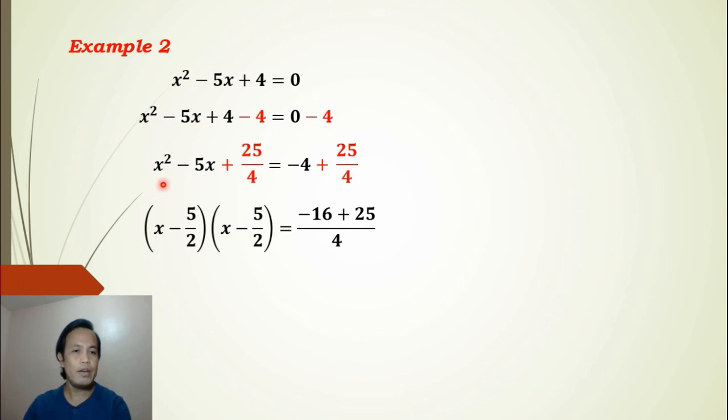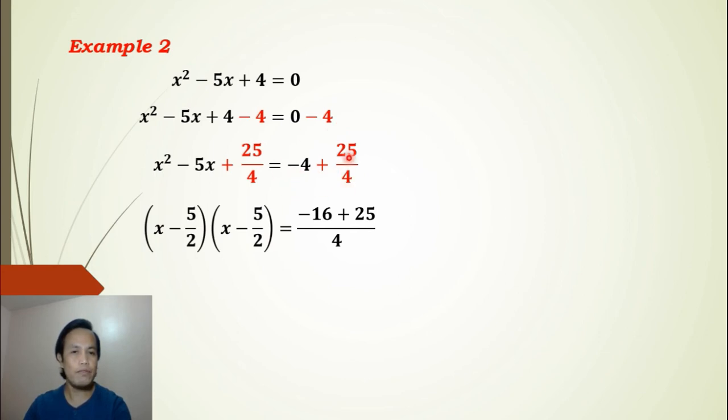Now, since this is now a perfect square trinomial, we need to factor this out. So we have the square root of x squared is x. So we have here the x and the x. Then we copy the sign of the middle term, which is negative. That's why they are all negative. And the square root of 25 over 4 is 5 over 2, and another here, 5 over 2. That's the square root of 25 is 5 and the square root of 4 is 2. That's why we have here 5 over 2 equals, at the right side of the equation, negative